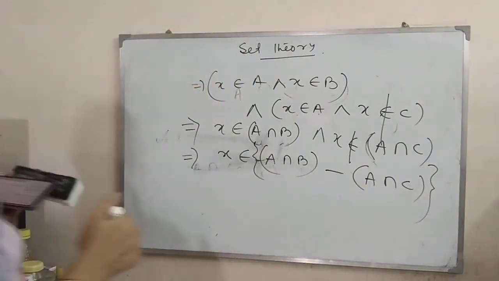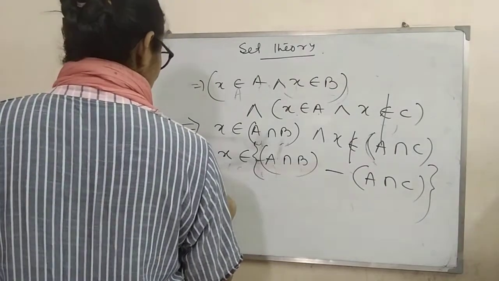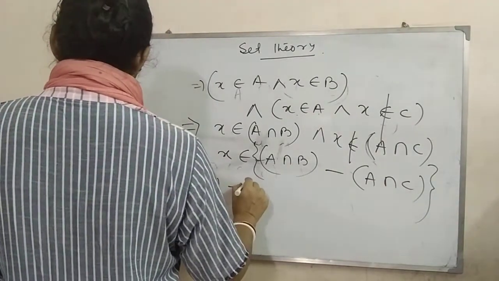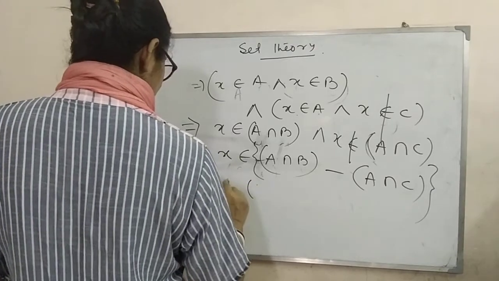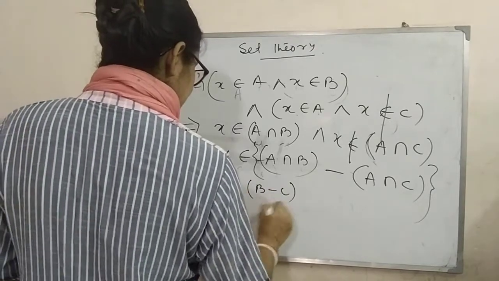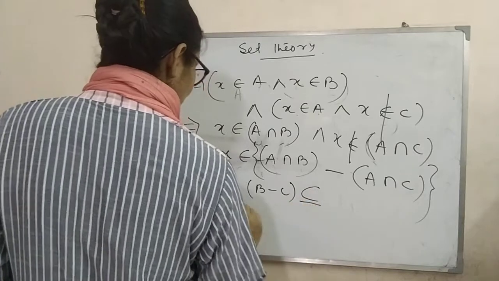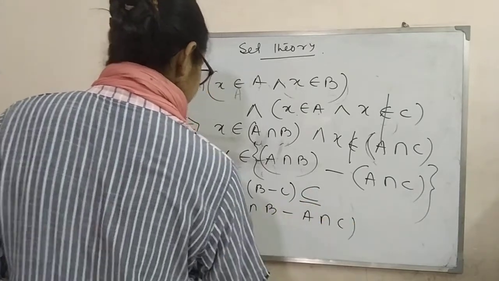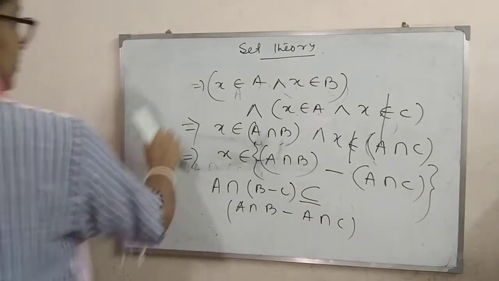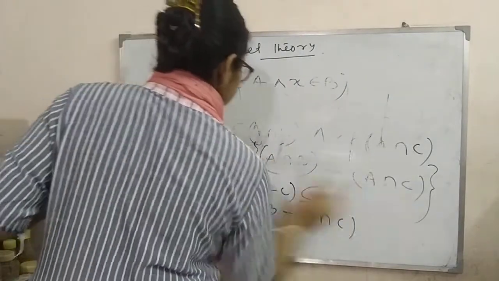So A intersection (B minus C) is a subset of (A intersection B) minus (A intersection C). Okay. Next,